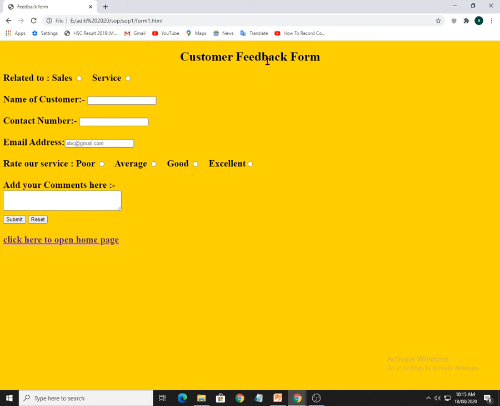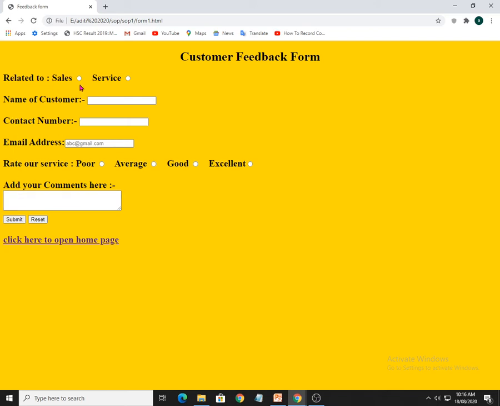So here I am giving customer feedback form. This is the heading. I have given some suitable background. Then see the font size here. HTML features means all types of formatting tags you have to use, background color, then some underline effect and all you have to use. So here I am giving, see, here's a form.